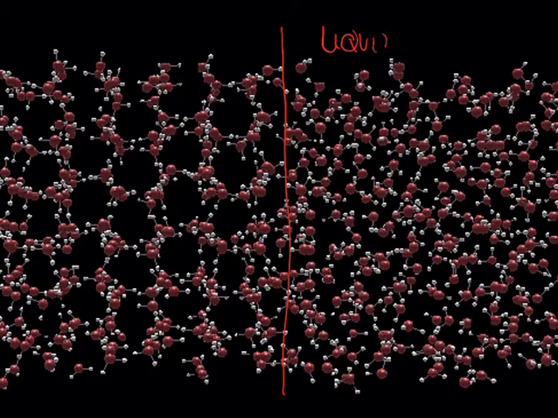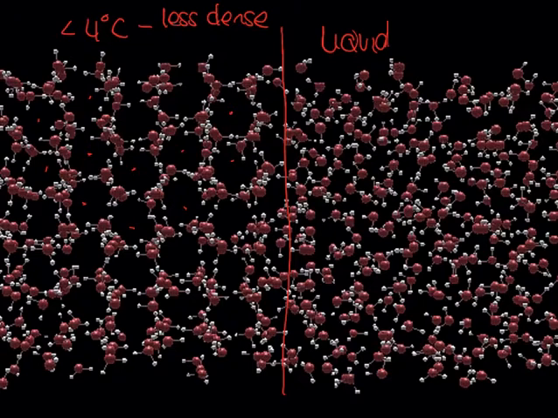So this is in a liquid, and as soon as you start to cool from 4 degrees, so less than 4 degrees, the hydrogen bonds start to become fixed and regular, and you now have these gaps between all of the water molecules, and these gaps make ice less dense. It's also one of the reasons, so usually liquids, when you cool them, they'll contract and they'll keep contracting, but because of hydrogen bonding you don't get that, and ice, the solid, actually gets bigger, it takes up more space, and because it takes up more space, that's one of the reasons why pipes burst,